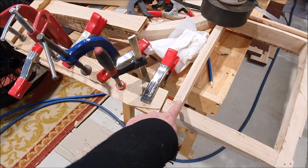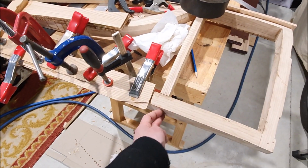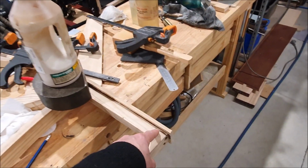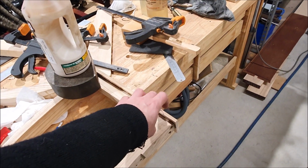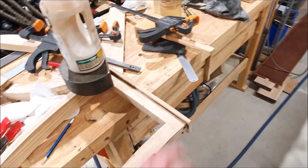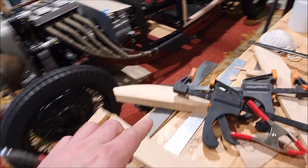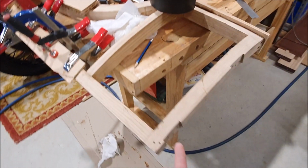I also realized I never actually got round to screwing this bottom, or this cross piece in, so I need to put a couple of screws through there just to make sure that's all nice and secure. And I did the same on the top of this one, glued on an extra piece of wood that I will then trim and plane to get exactly the gap I want at the top of the doors. The other thing I will do is use some of this 3mm steel to make the shims that go in here,